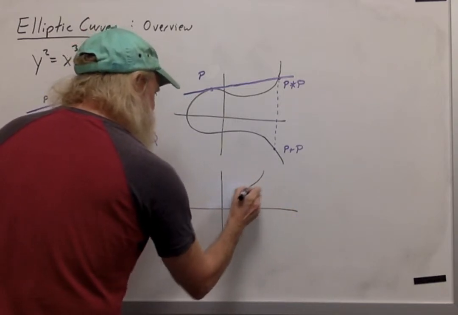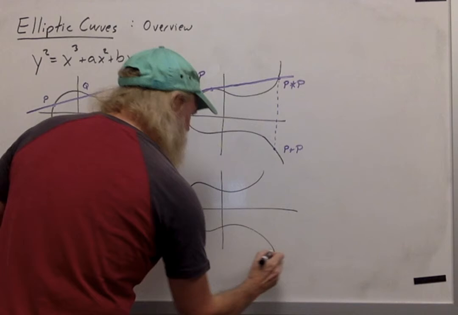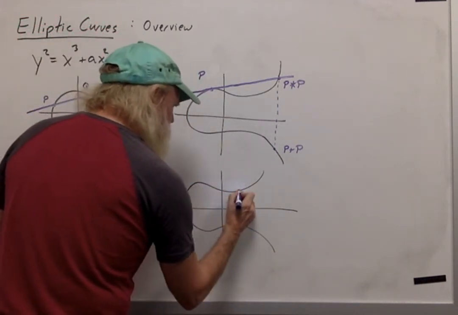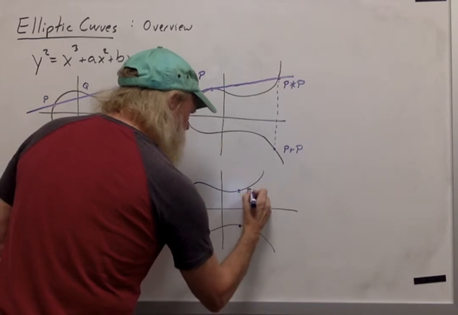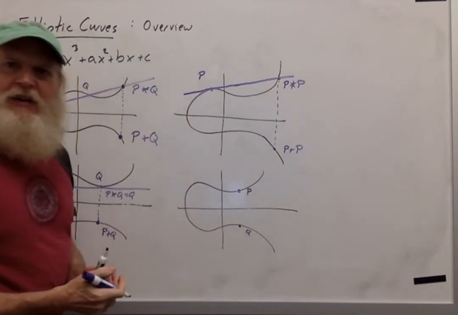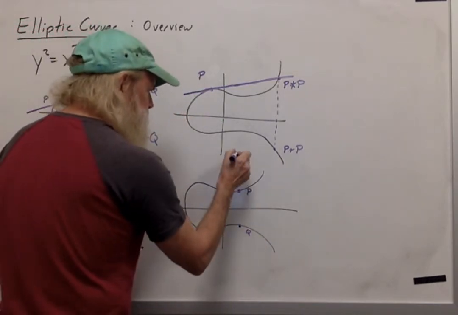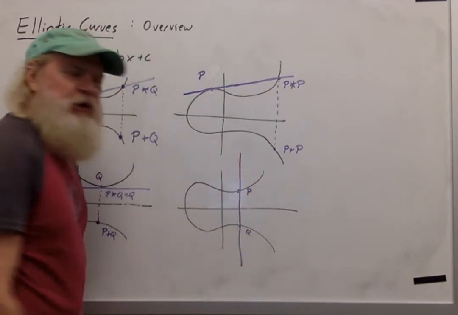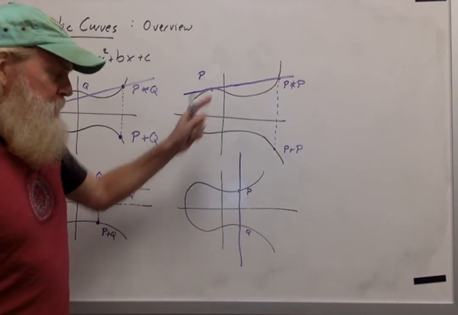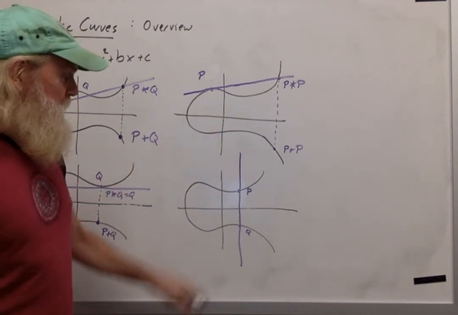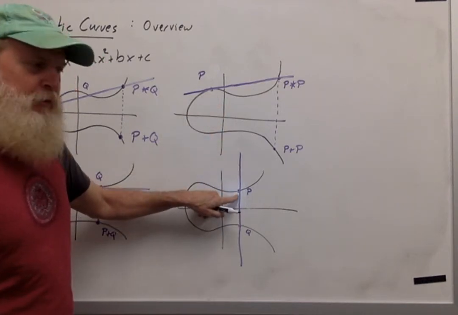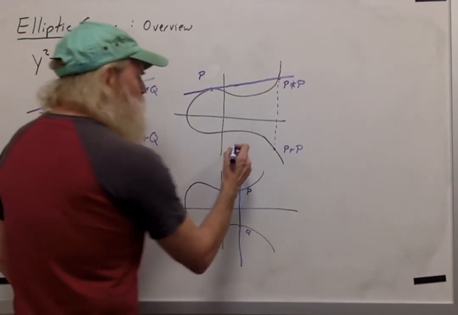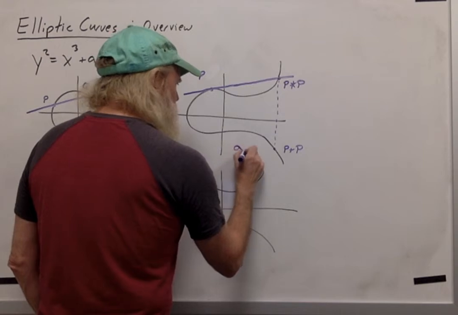Another special case to consider is what happens when P and Q lie on the same vertical line. Well, when the points lie on the same vertical line, there's no third point on the graph. It's going to intersect P and Q each with multiplicity 1, and we don't see a third point. So this is when we added an extra point to the graph